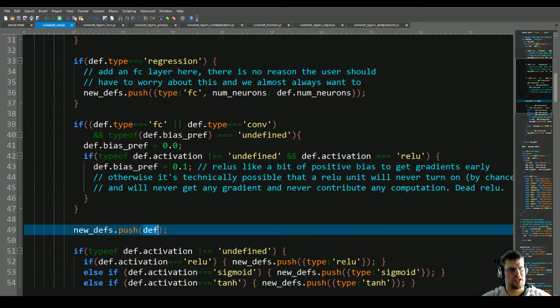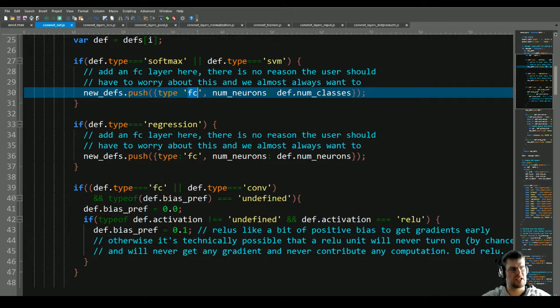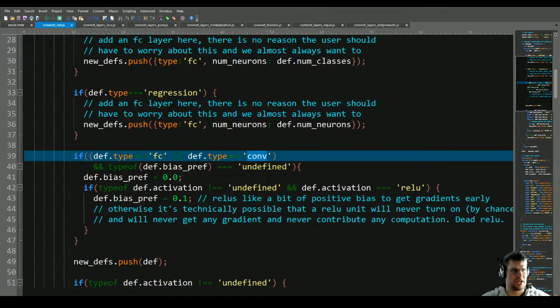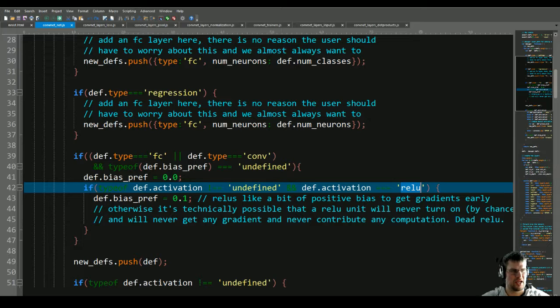Yeah, so they push an extra definition of FC. That's why I didn't see this FC. Interesting. So we need an FC layer as well before the softmax. And then they look at convolution, and if you have a convolution and an activation of